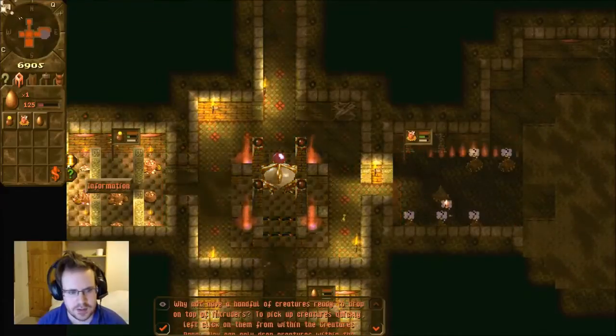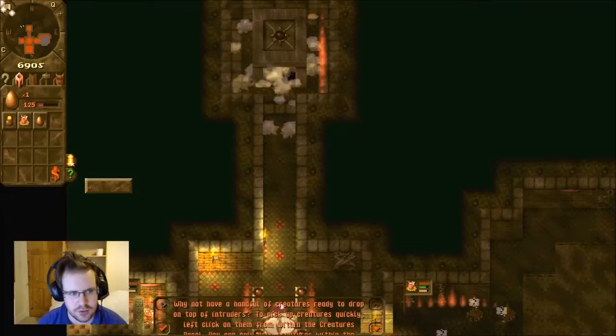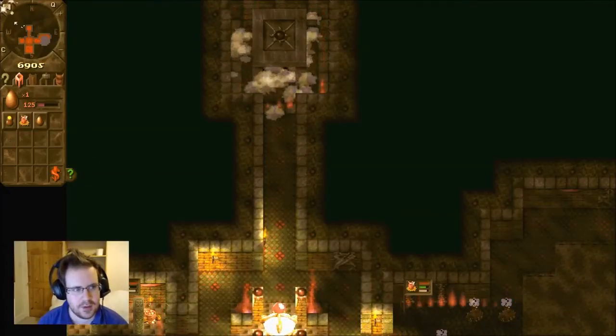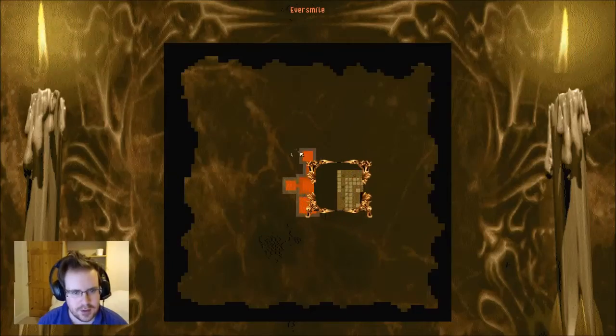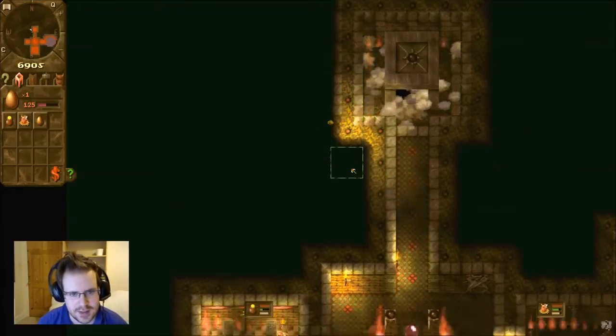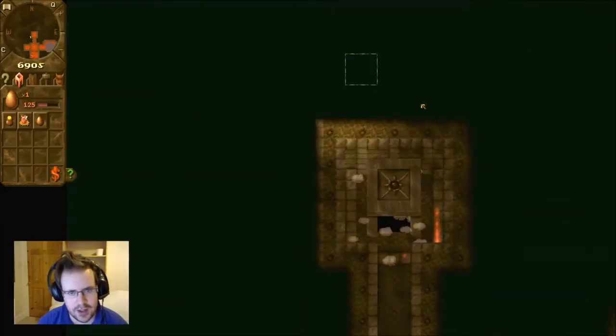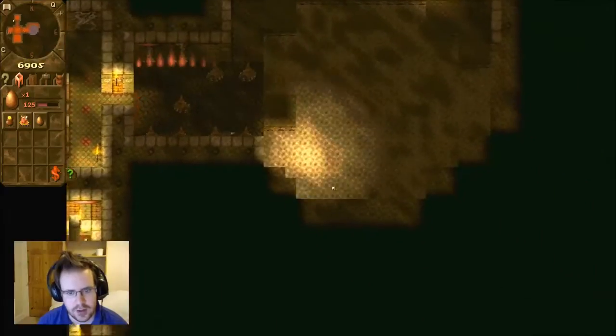Okay, what's this? Oh, intruders approach. Why not have a handful of creatures ready to drop on them? So you can see on the map, showing us the map, these little white dots. Enemies are approaching, and they're digging through the walls. But as I said, they cannot get through these fortified walls. We've fortified all the walls around here, and around here, all the way around, up until...